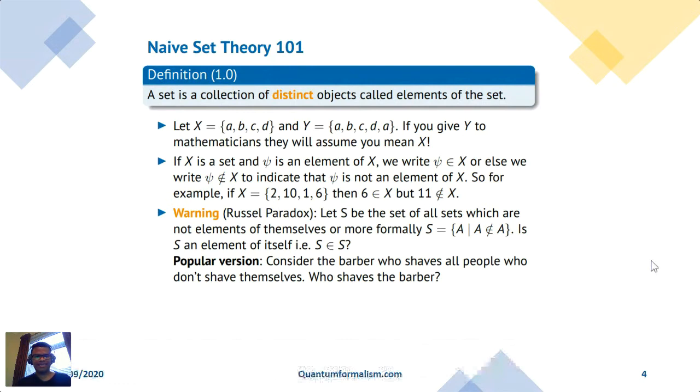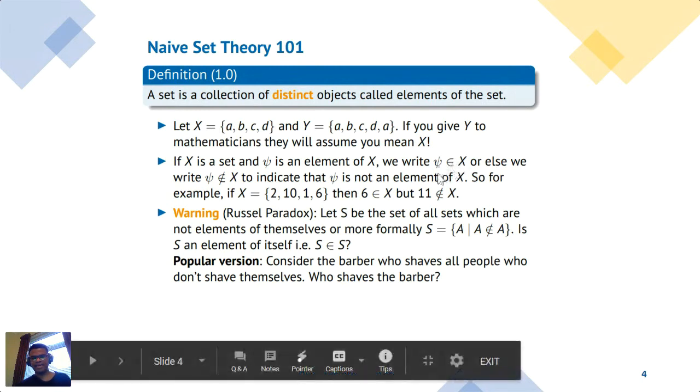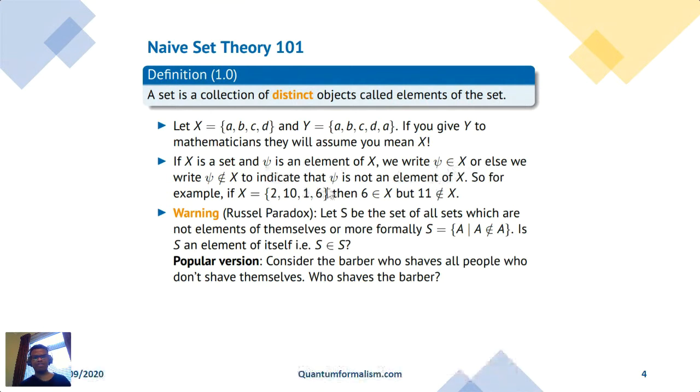Another thing is this concept of an element of a set X. Mathematicians write this, and in this case, psi. First of all, I took the freedom to start using psi. At the moment, psi doesn't mean anything. It's just an element of a set. But as we go along and add more structure, say a vector space structure and then a Hilbert space structure, psi will become what a lot of you already know psi is.